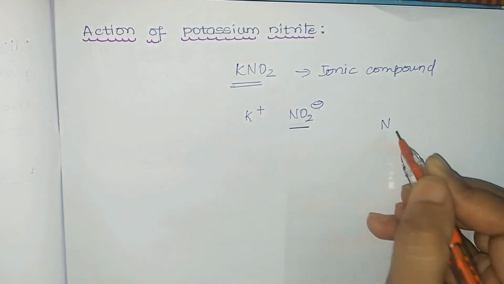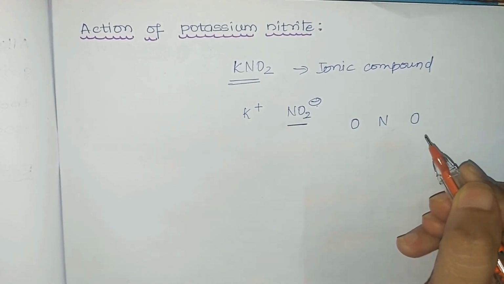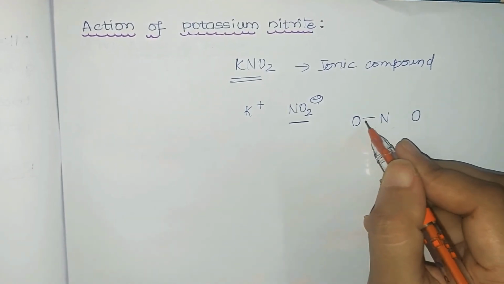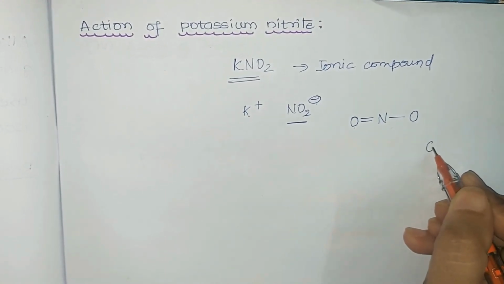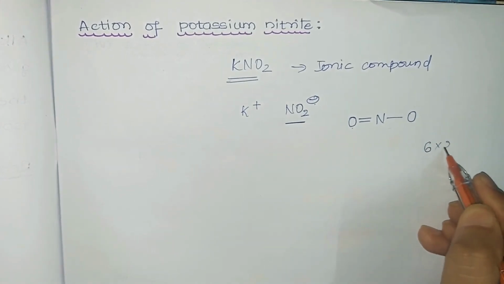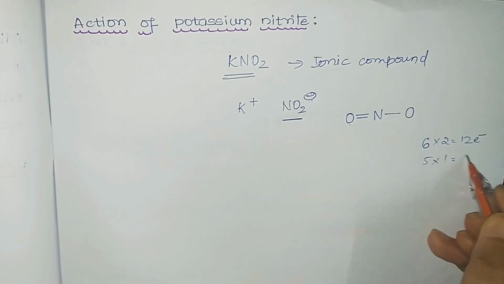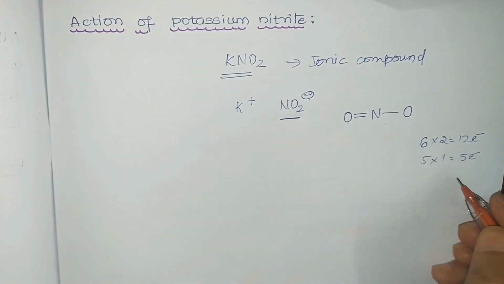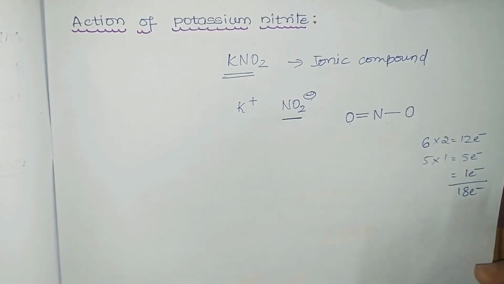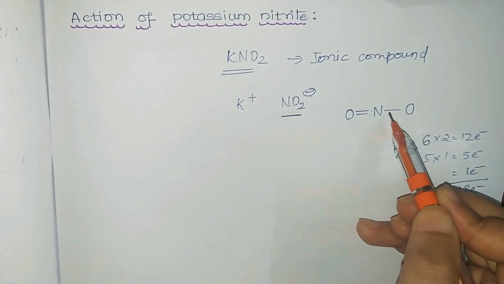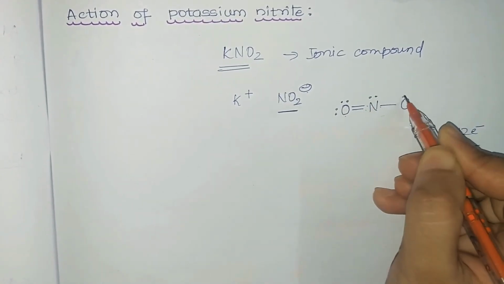So central atom is nitrogen surrounded by 2 oxygen atoms. We know nitrogen can form 3 bonds, so 1, 2 and 3, because valency of nitrogen is 3. So let us count the valence electrons. 2 oxygen, so valence electrons in oxygen are 6, so totally 12. 1 nitrogen atom, therefore 5 valence electrons in nitrogen, and negative charge, so 1 electron. So when you total it, you get totally how many electrons? 18. So arrange these 18 electrons. Whenever oxygen is doubly bonded, it will have 2 lone pairs of electrons. Nitrogen 1 lone pair of electrons, and another oxygen 3 lone pairs of electrons.